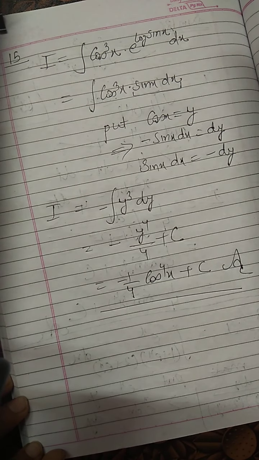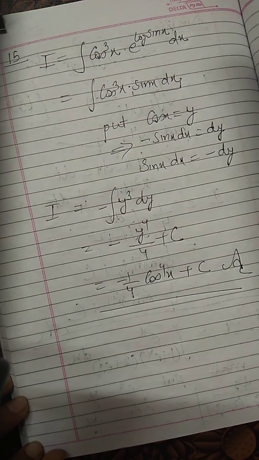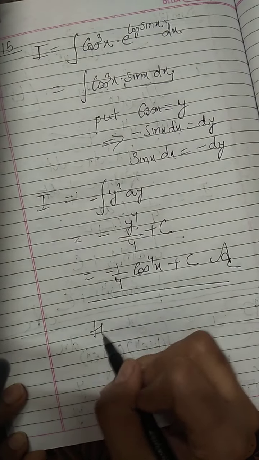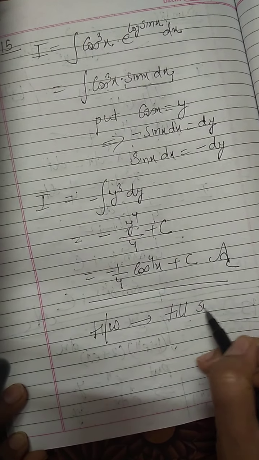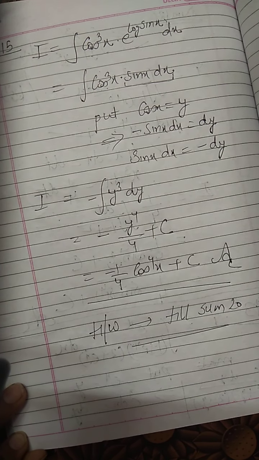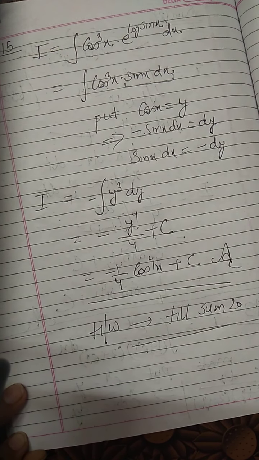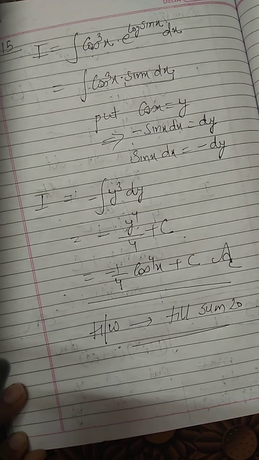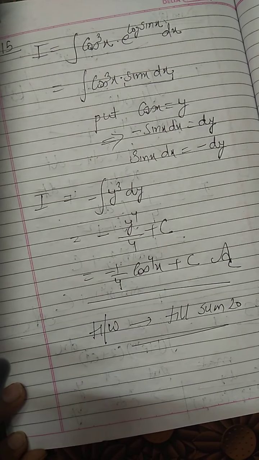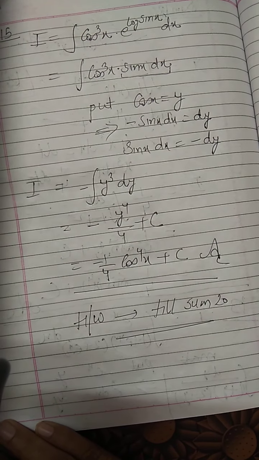So you people can do this exercise, I think we started with sum number 6, till sum number 20, right? Yesterday we did till sum number 4, I think, and now you people can finish it till sum number 20. Then a few more indefinite integral sums will be left, and then we have definite integral sums as well. So everyone must do these sums, the sums which are given for homework also, right?